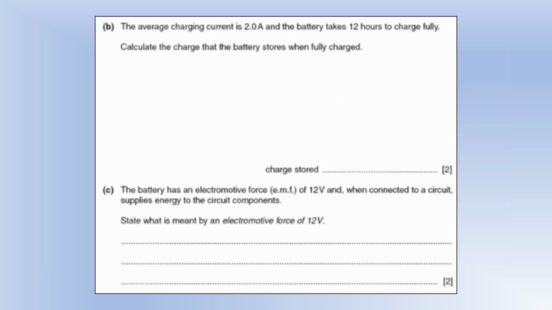The average charging current is 2 amps and the battery takes 12 hours to charge fully. Calculate the charge the battery stores when fully charged. So we're doing Q equals IT, current times time. That gives us the total charge in coulombs, and I fundamentally hate this question because it implies when you're charging